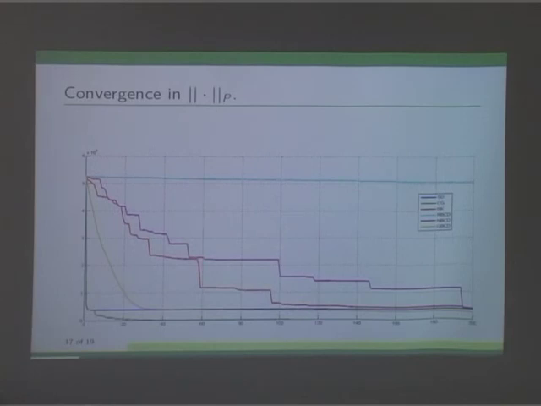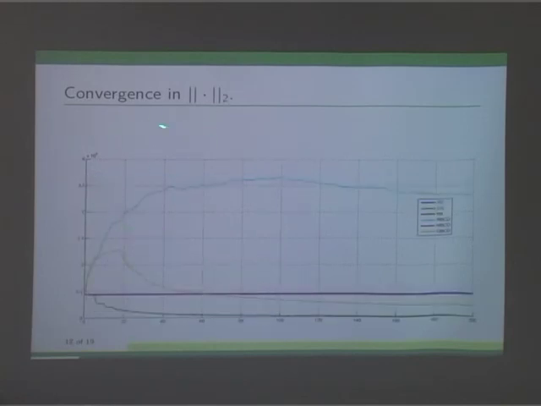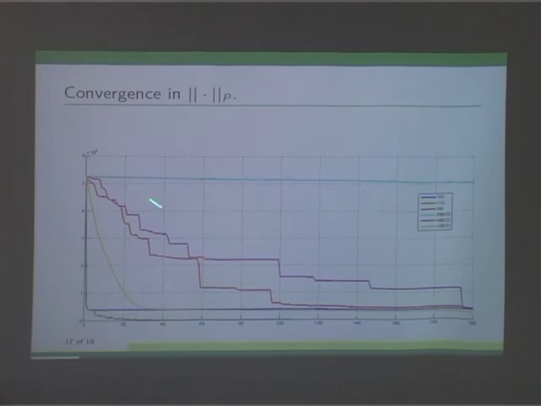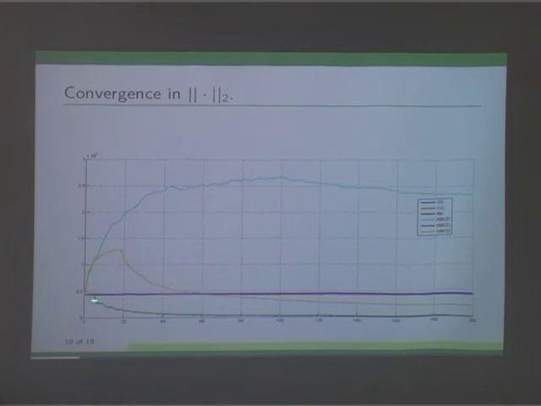Now here I will be talking about convergence in L2 norm. Here it's actually a very different picture. You can observe that many algorithms you may feel are performing actually well, but if you observe, most of these algorithms, which are coordinate descent, actually do not converge to xopt in L2 norm. These algorithms are really good if you are only interested in estimating the function value, but if you are actually interested in estimating the xopt, then you can observe that these algorithms don't really go close to xopt.